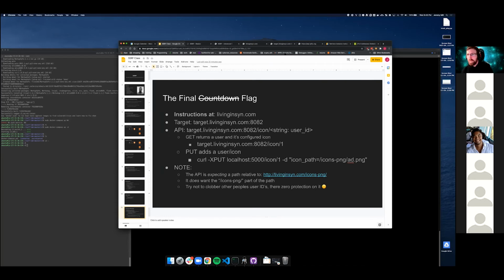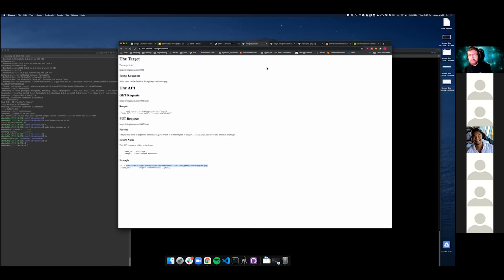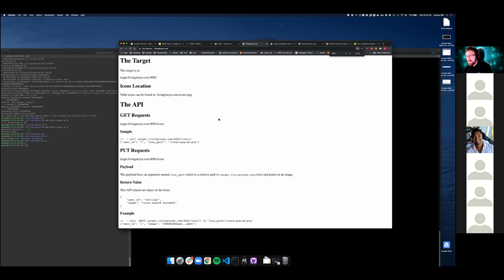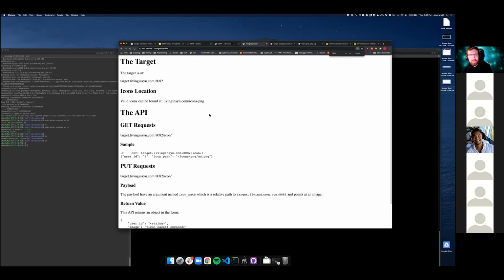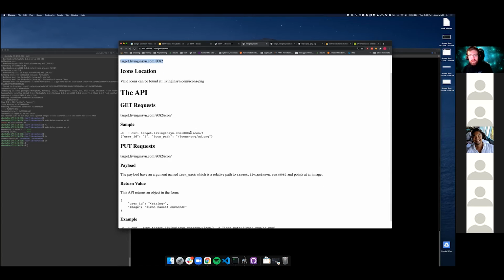All right, we got one last one, and this one is a little bit different. This one doesn't have a very nice, pretty GUI behind it. But our last target is at target.livingandsin.com, port 8082. And it's this /icon API, right? So if we take this and take a look at what happens here,